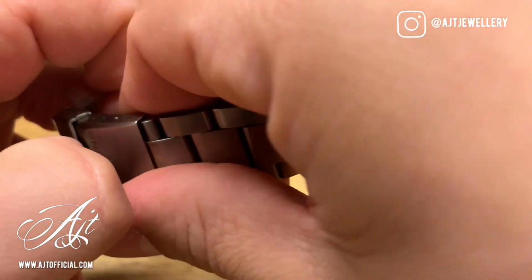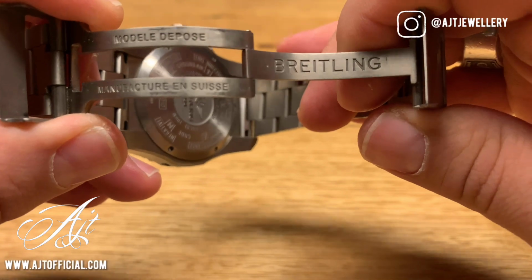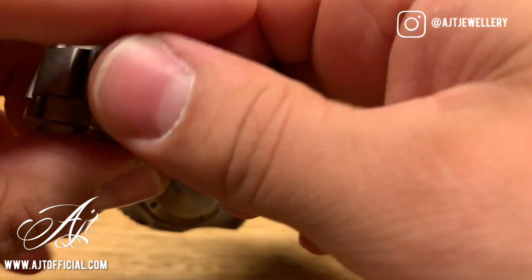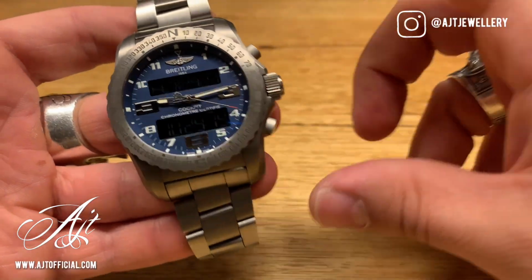And I'll just open this up. So it has got the clasp here to secure it, and you can see there Breitling. And what does it say there? Modèle déposé, fabriqué en Suisse. That's basically saying it's Swiss made. There you go. So it is full titanium, guys, and with this bezel here being 46 millimeters, 58 lug to lug,